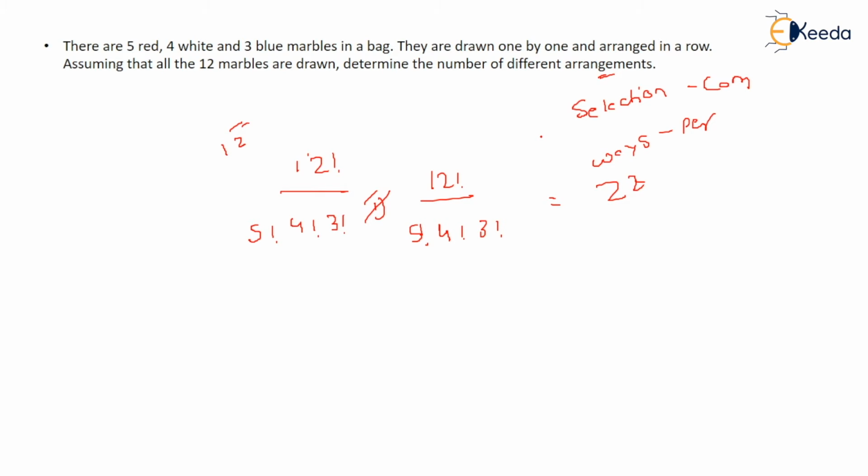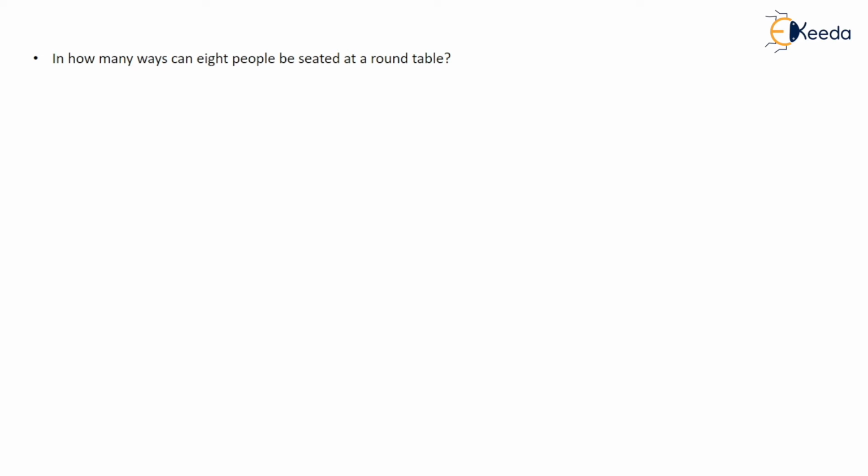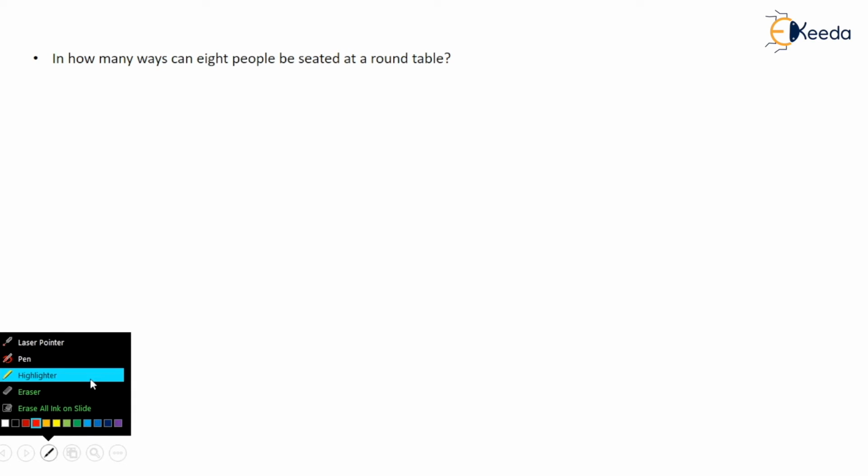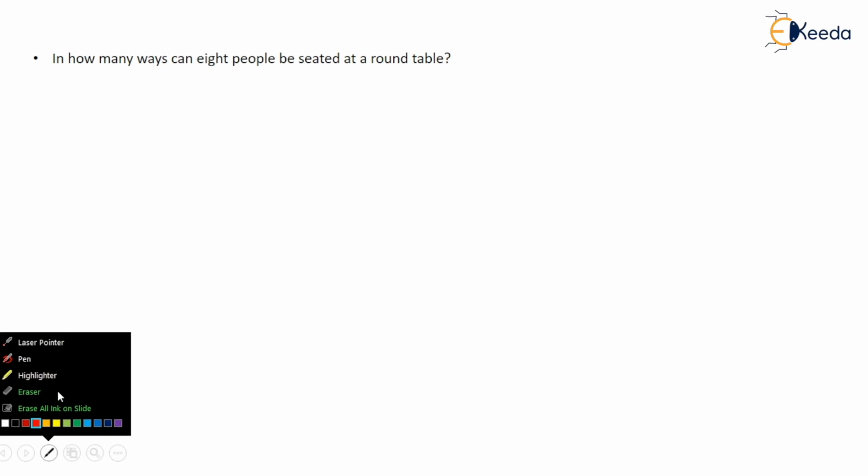Okay, in how many ways can 8 people be seated at a round table? This is a very simple question, right? Suppose this is the first person that is seated. After that, there are 7 positions, right? So these 7 positions can be filled in 7 ways. There were 8 positions in total. One position we are taking as stationary. Why are we taking it as stationary? Because after fixing one position, you will fix the others.